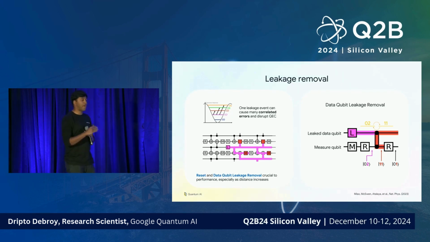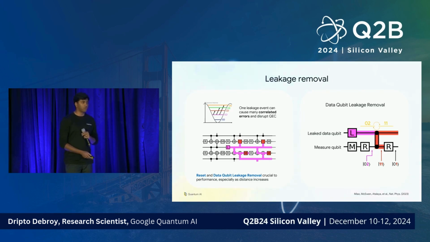This dramatically flattens out our detection event fractions. So in the previous experiment, the system would get noisier in later rounds, and that signature is basically removed in this current experiment. Sorry. And the thing I want to highlight here is that there are a number of these sort of